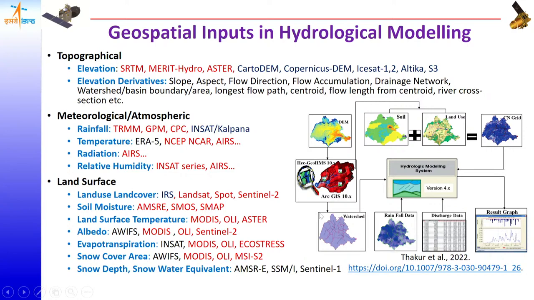So all this data we make use of, because satellite data cannot be there all the time, and in some places we have to make sure that our forecasting system is also in place. So for flood forecasting, the first is weather forecasting. Hydrological modeling is the second one, where in a GIS environment we combine our digital elevation model, soil, land use, and the curve number from these two, and then once we have the input rainfall, we generate the hydrograph. So these are some of the inputs: topographical, meteorological and land surface, which help us to improve our